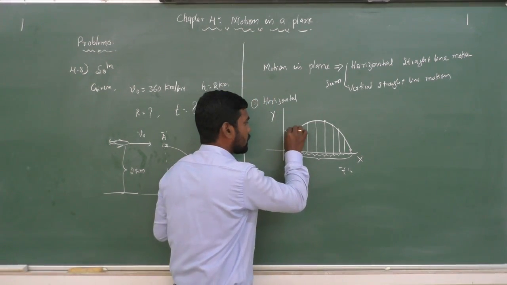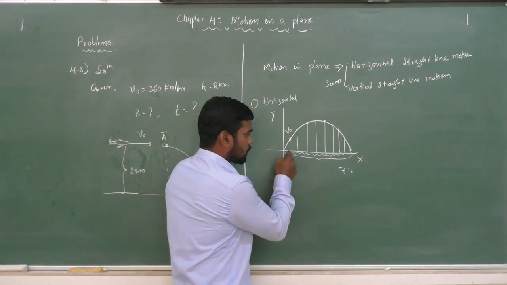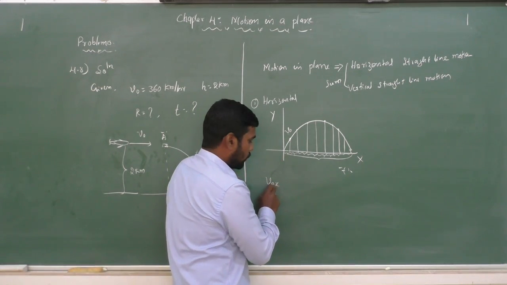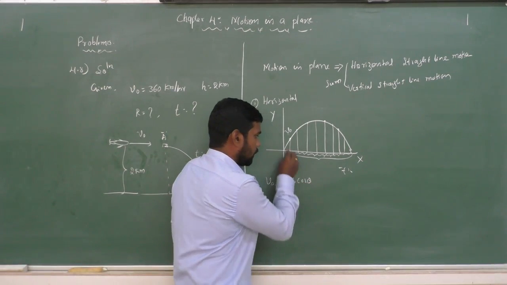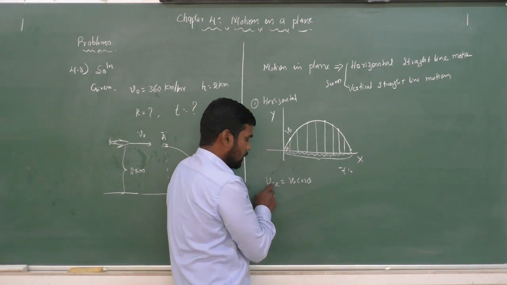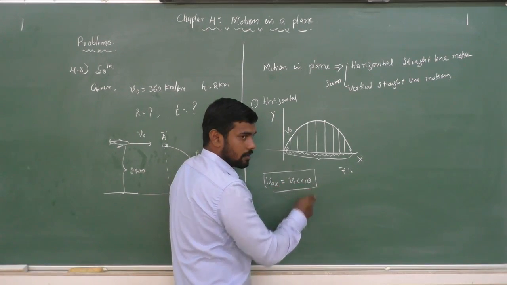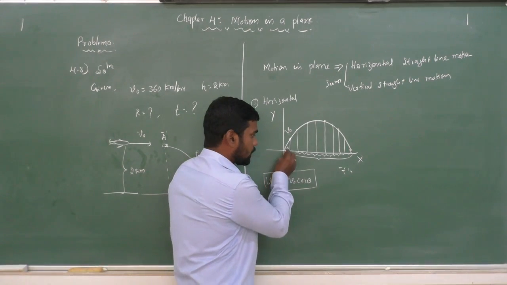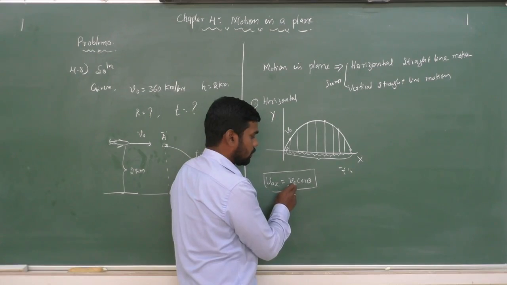So just consider our case of the first example. There we consider its initial velocity to be v0. We just consider the horizontal velocity. See here, the horizontal velocity will be Vox. That one we discussed, that is v0 cos theta, because this angle is theta. The object will be moving with Vox, that is v0 cos theta. That is the condition, isn't it? So the object will be having the initial velocity v0 cos theta.